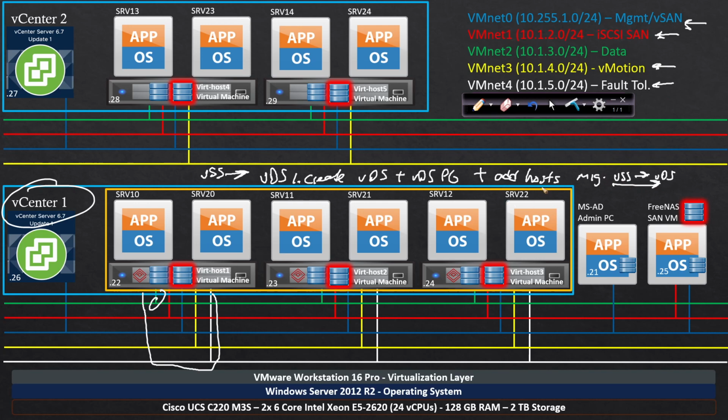So if I add an additional ESXi host, for example, I can go ahead and add a new host, and then any port groups that I create on the VDS for that particular vCenter, because you can have multiple virtual distributed switches. You don't have to have just one. You can have multiple of them deployed. You can deploy multiple VDSs, and then what you end up doing